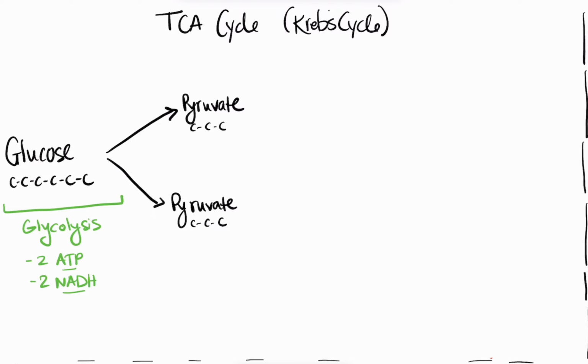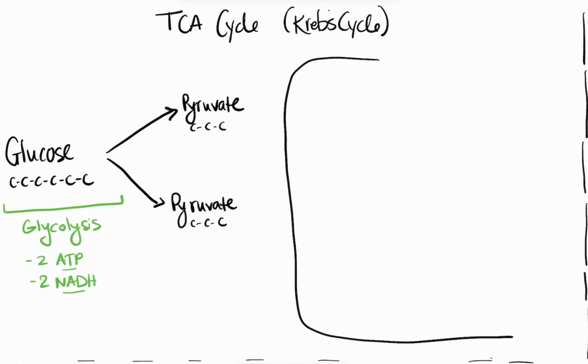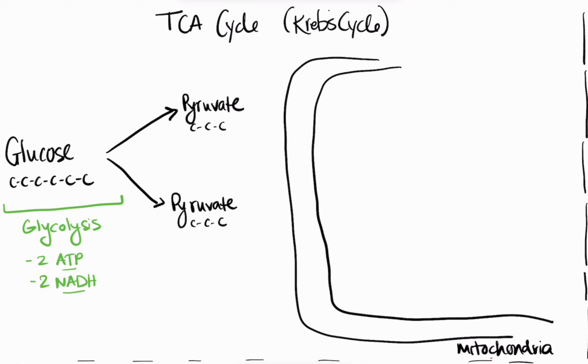Now, to get the rest of the energy out that still remains within those bonds between the carbon, we're going to have to bring the pyruvate into the mitochondria. It actually has to get transported all the way into the matrix, so past both of our membranes of the mitochondria. We have to get our pyruvate in, and within the mitochondria, pyruvate will be converted to acetyl-CoA. So both of these will have to move their way in and get converted to